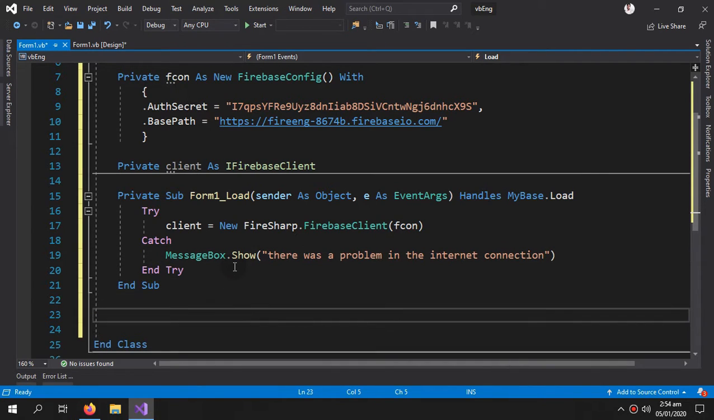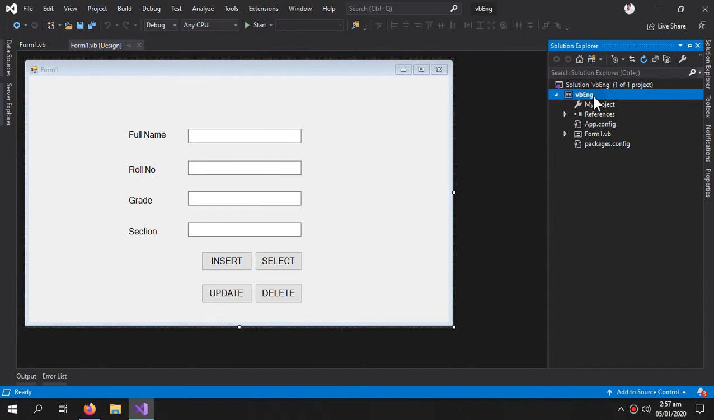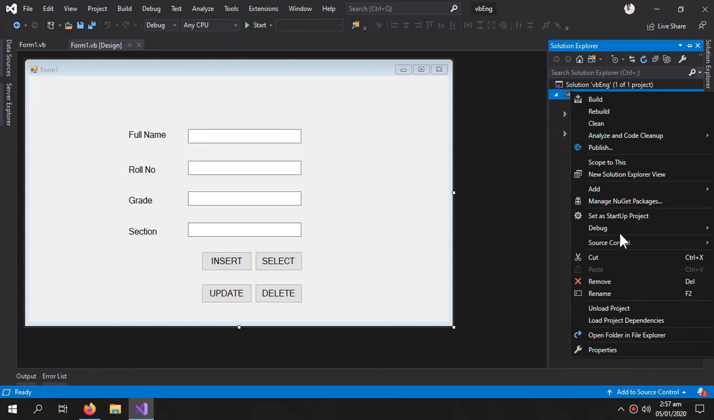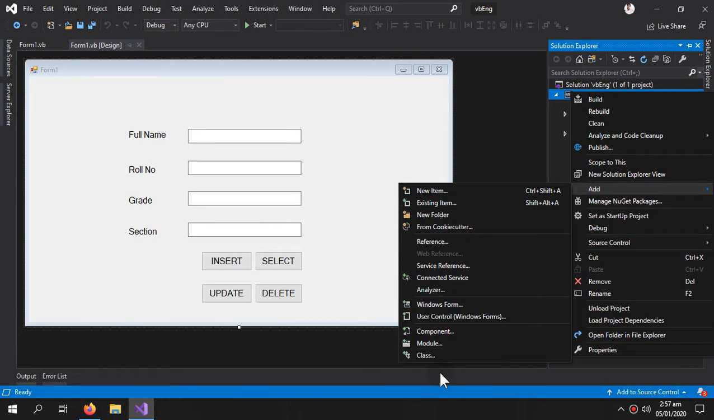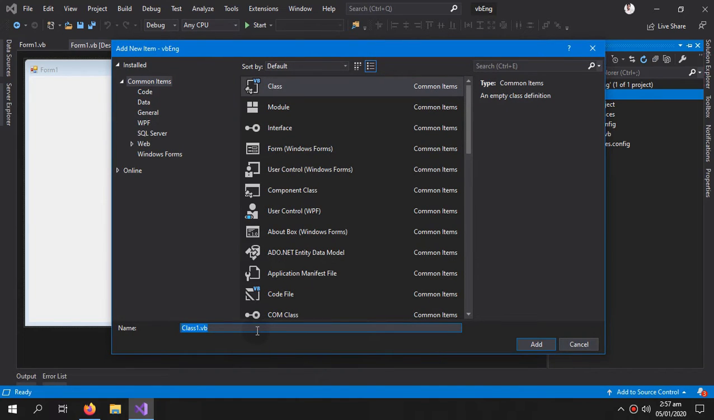Now coming to the real part, which is to insert data through this insert button. So for that I need one more thing, which is to create a new class. So we would come inside the solution explorer and right click this and add class, and it's gonna be called student,